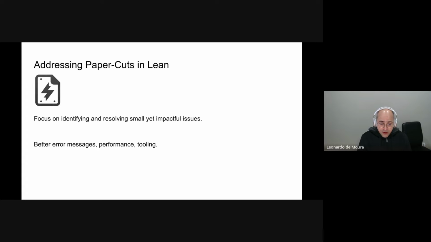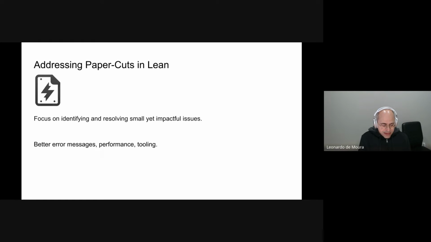Another problem is performance. Sometimes you have performance problems. Tooling is another big deal. And there are other usability issues. For example, Joachim is currently working on improving the support for well-founded recursion, guessing the lexicographical order, improving the error message. Sometimes it is incomprehensible why something didn't work. He's working on providing a report that says, look, this is all we tried automatically. This is why it failed. We couldn't prove automatically why your function terminates. And here's what you can try to address these issues.